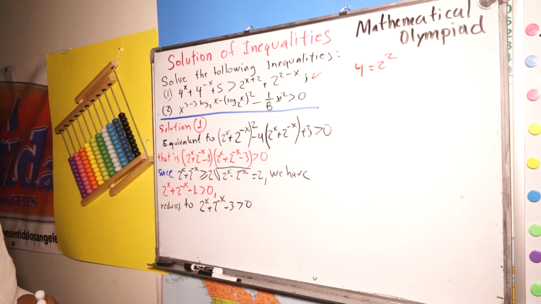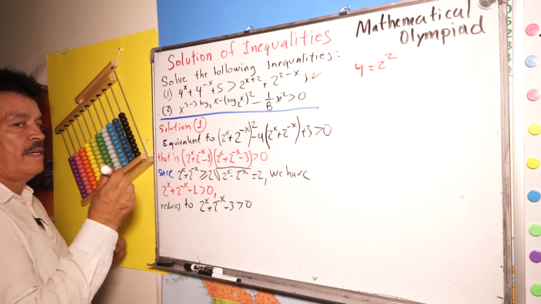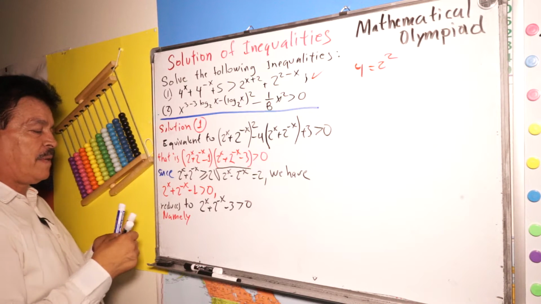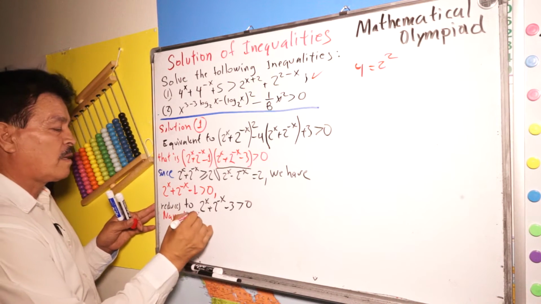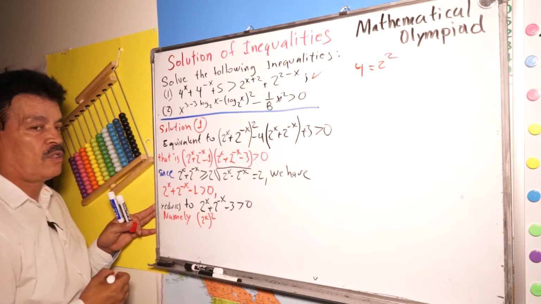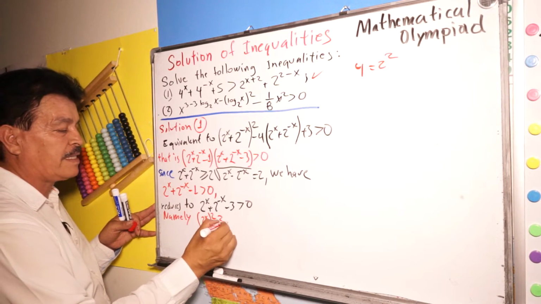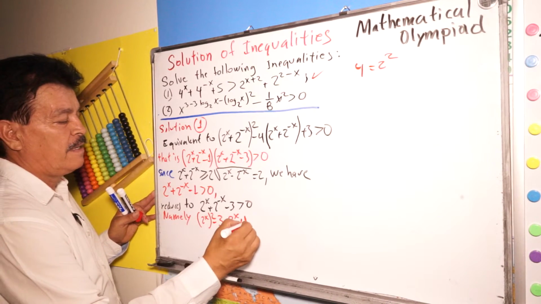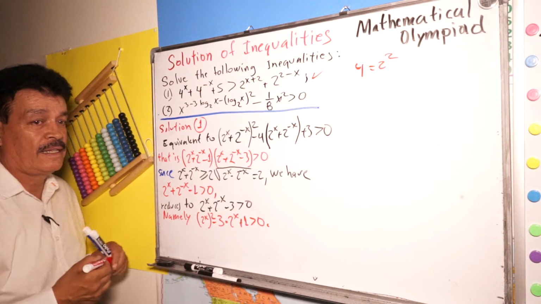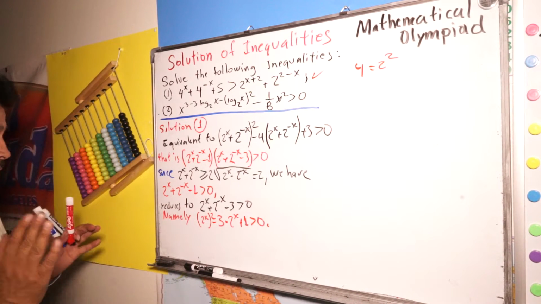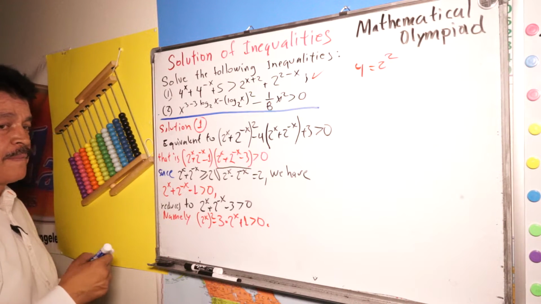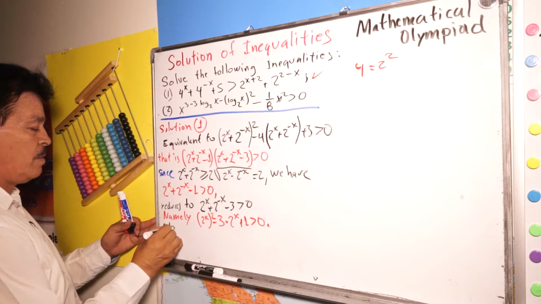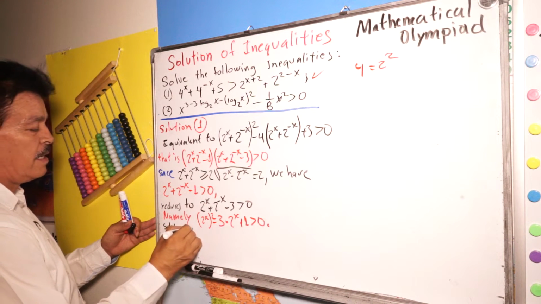Namely, we have 2 to the x power to the second power minus 3 times 2 to the x power plus 1 greater than 0, right? Solving the inequality, we have